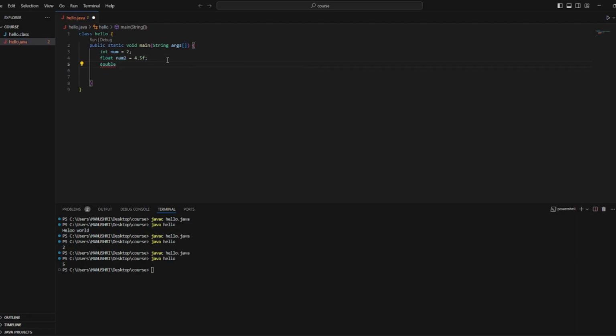Then we use double num3 is equal to 556.5. So int, float, double. Then what else do we have? Long. So num4 is equal to something long, and we use L to indicate that it is a long. Then we have short. num5 is equal to 4.